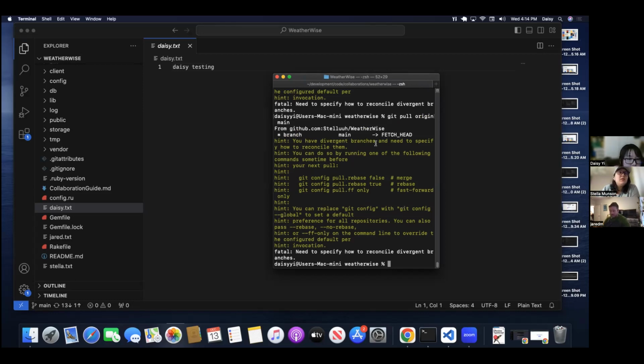Let me pull up my cheat sheet really quick. This is where rebase comes in. I haven't read about that yet. Let's see. I should just delete. Well,